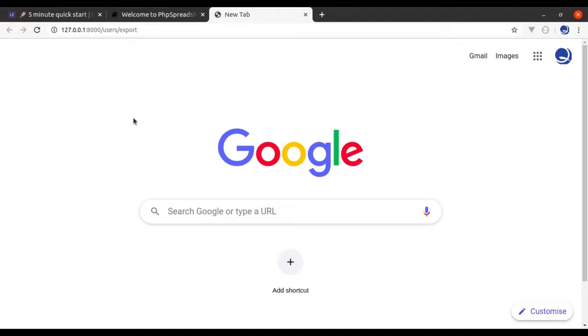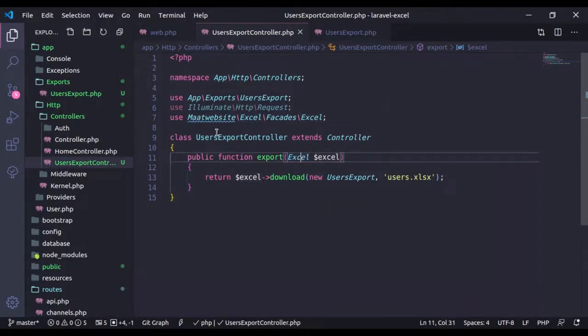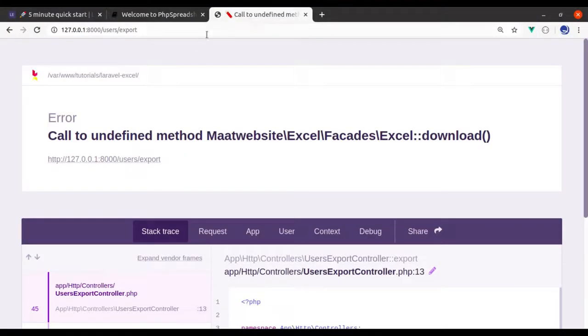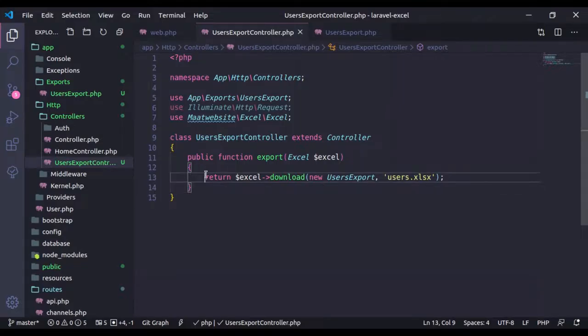And let's go to browser, hit enter. Here this Excel class should not be the facade class, instead it should be this class. Now let's go browser and hit enter, and it works. It has downloaded the Excel file. Here we go. Now here we can easily understand that we are downloading the Excel file using this users export